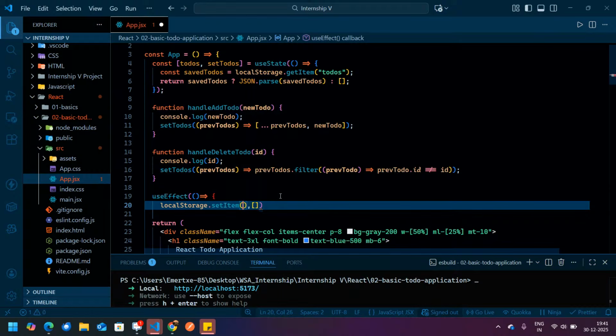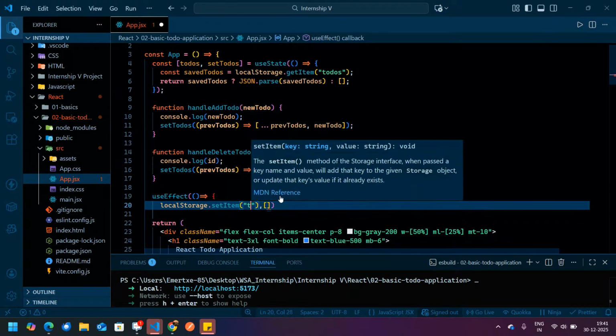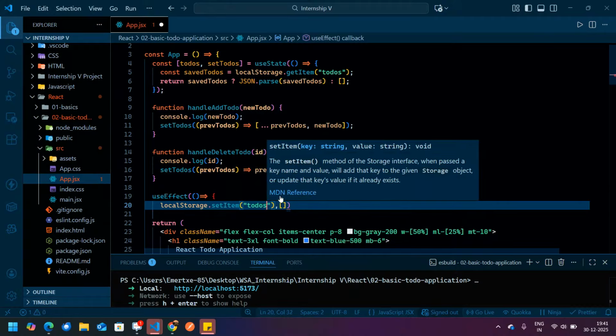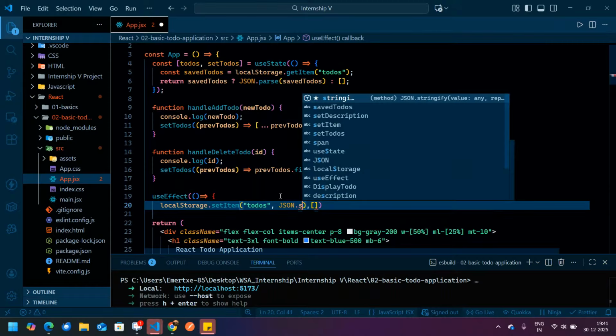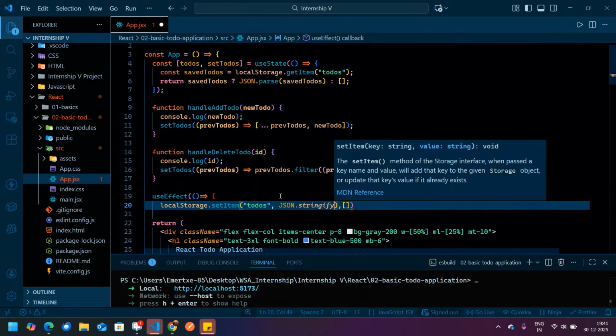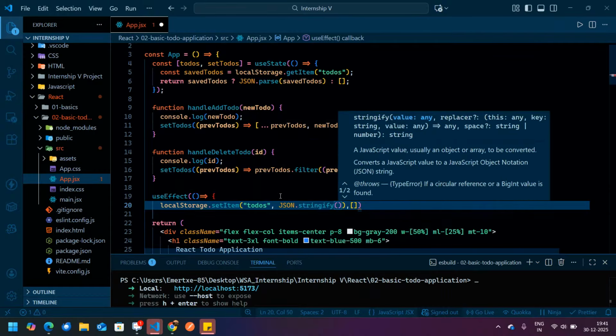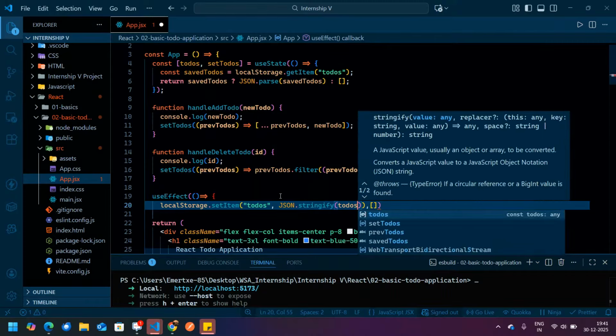From where will these items come? First of all, you have to write the key, that is todos. Then you have to write the value, comma, JSON.stringify, meaning you are converting your todos into a JSON string.